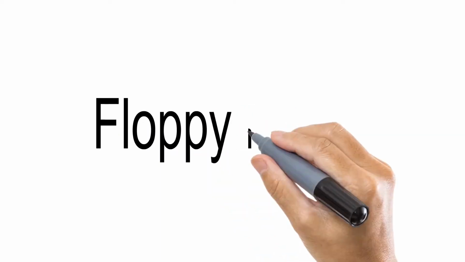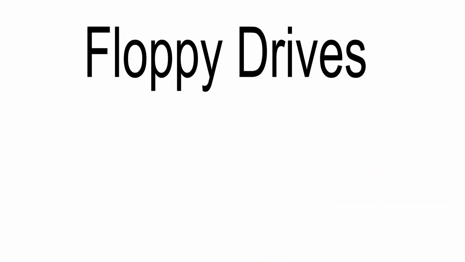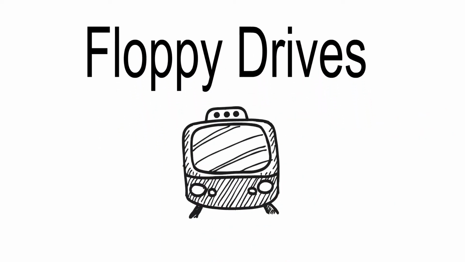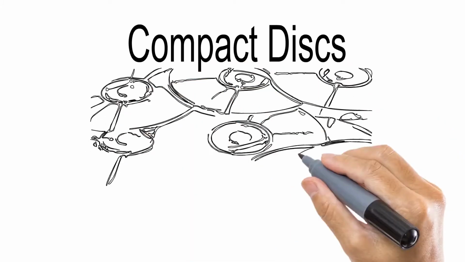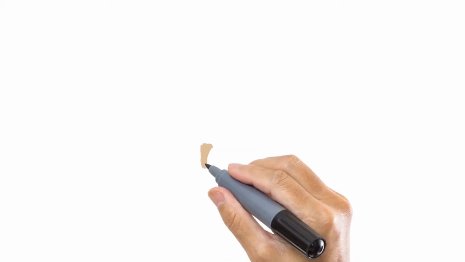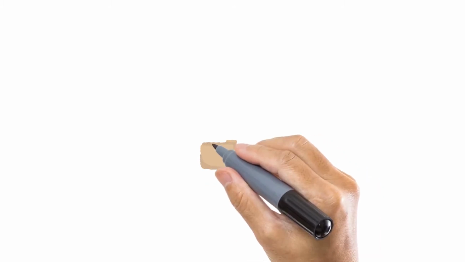Now floppy drives have become very outdated in today's world, but they were used in the beginning. They used disks to store data but offered very little storage space. Now compact disks are basically optical drives that store data using optical marks and are very efficient. They offer very little storage as compared to other portable media, but they are very handy for transfer of small data.